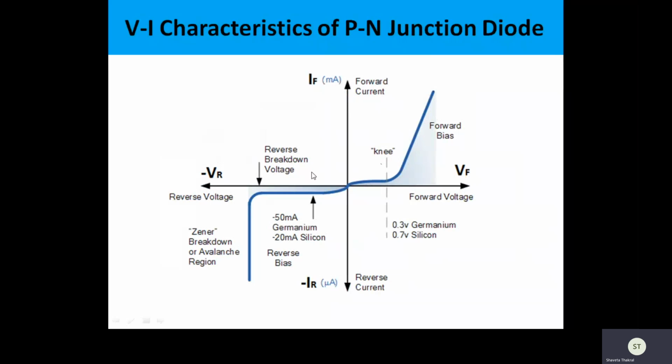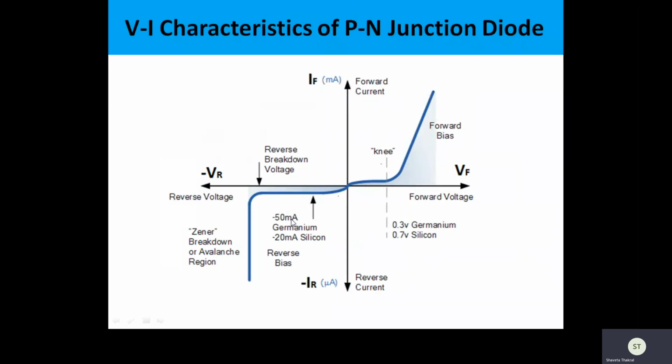And if we talk about the reverse biasing, there is no current due to majority charge carriers, there is current due to only minority charge carriers. That's why this is the limited current shown here. And we can see this current is almost constant. Why? Because at a particular temperature the number of minority charge carriers is constant, because minority charge carriers are called thermally generated charge carriers. So at a constant temperature the minority charge carriers are constant, and the current due to them is also constant.